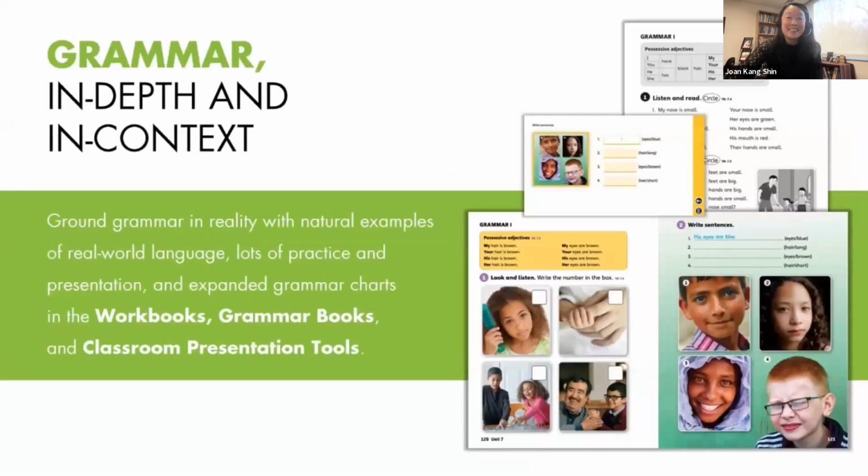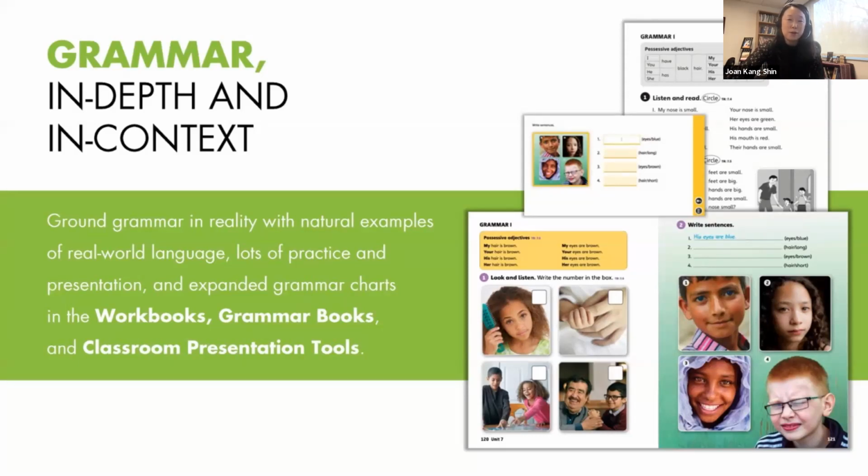All right, and next, who here loves grammar? Of course, it's so important to ground grammar in reality with natural examples of real world language and lots of practice in developmentally appropriate ways. Our approach in Our World is to present grammar in depth and in context. There's a lot of grammar